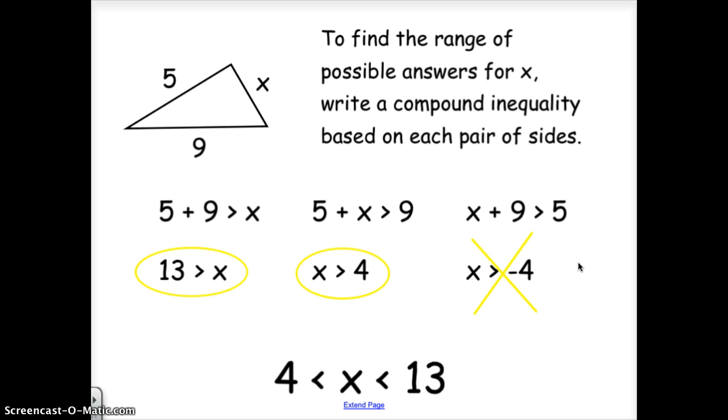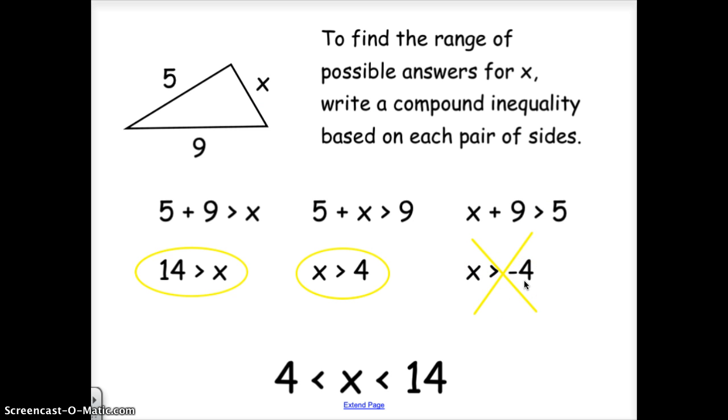Taking a look here, find the possible range of values to be answers for x in terms of what side lengths are possible. So looking at the triangle inequality theorem, we could then say 5 plus 9 must be greater than x, therefore x has to be less than 14. We could say that 5 plus x must be greater than 9, therefore x must be greater than 4. And then we could say that x plus 9 must be greater than 5. Well, that's sort of built in, but x can't be less than -4 because then that would give a negative